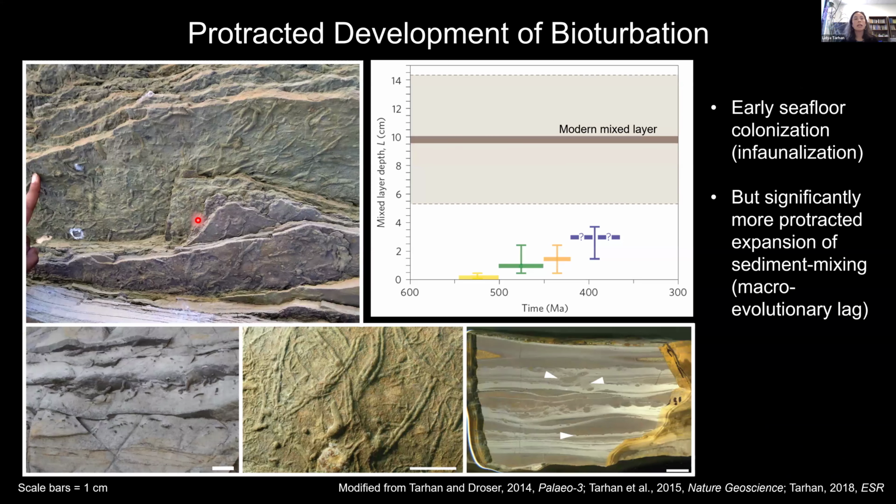So for instance, if we look to lower Paleozoic heterolithic siliciclastic strata, so these are thinly interbedded mudstones, siltstones, and sandstones, which is a lithofacies that characterizes a number of different shallow marine and continental margin environments today and in the geologic past. And also because of that lithological differentiation, it offers us a very high resolution look at even small scale changes in bioturbation.